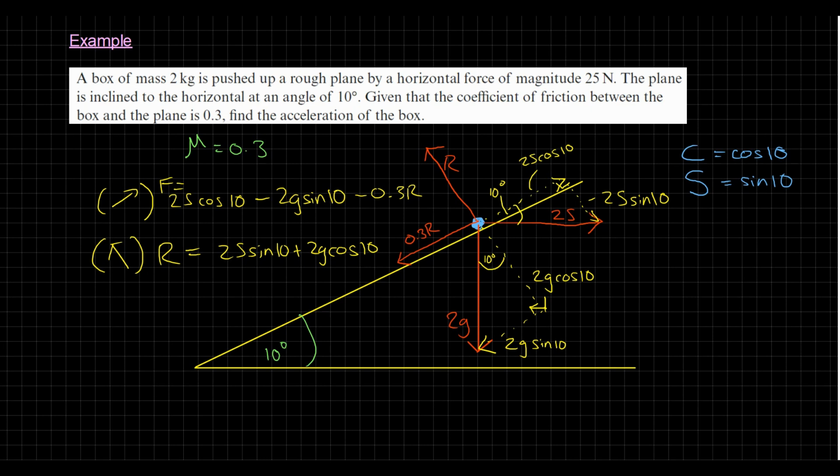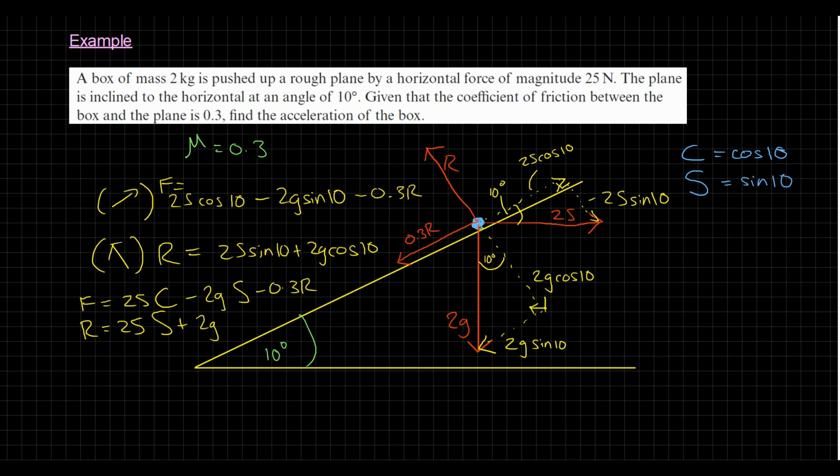Let me rewrite this as the resultant force equals 25 cos 10, that's big C, minus 2g big S minus 0.3R, and R is equal to 25 big S plus